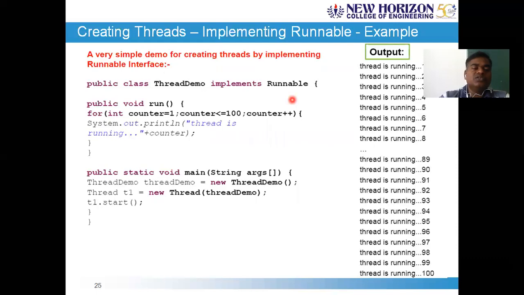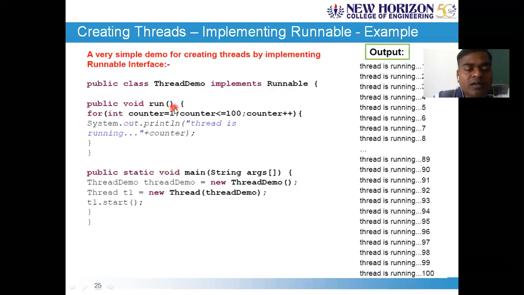runnable interface. So define a class called thread_demo. This is the class that you are defining. It implements the runnable interface. As I told, the runnable interface has one method called run. If a class is implementing any interface, it must implement all the methods of that interface. Among that, one is the run, which is a major concern for us.